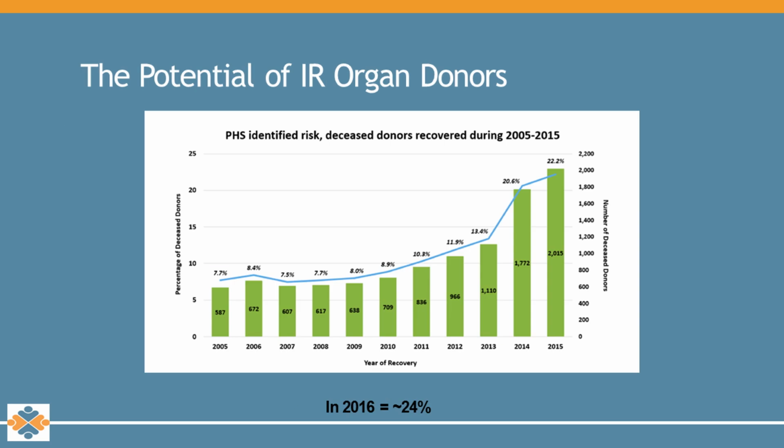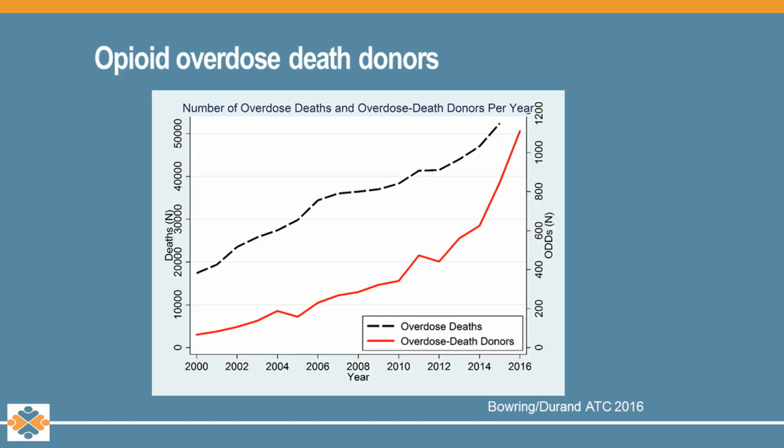Why is this relevant? Well, we're in the midst of an opiate epidemic, sadly. It's been this interesting dilemma for transplant populations that we've now seen a huge number of our organs increase because the number of opiate deaths have really shot up. The number here is just breathtaking to me: 50,000 people died last year of drug overdose. And as you can see from the inflection on the curve, I think despite whatever our politicians would say, that number is going to be higher by the end of this year.